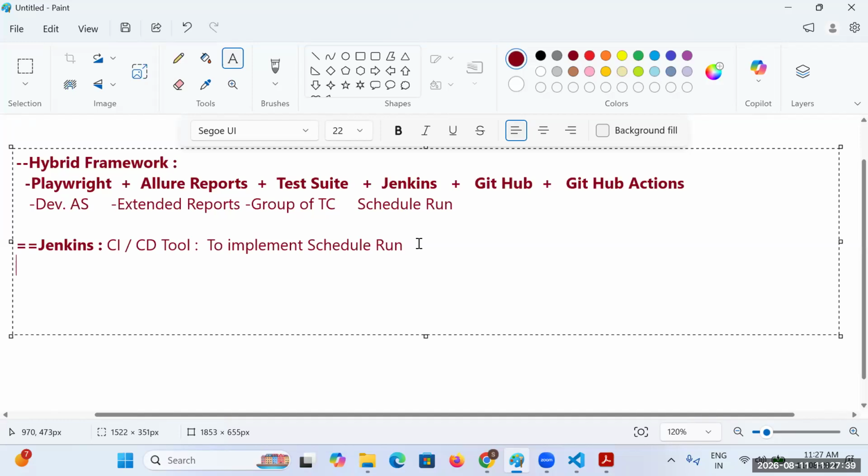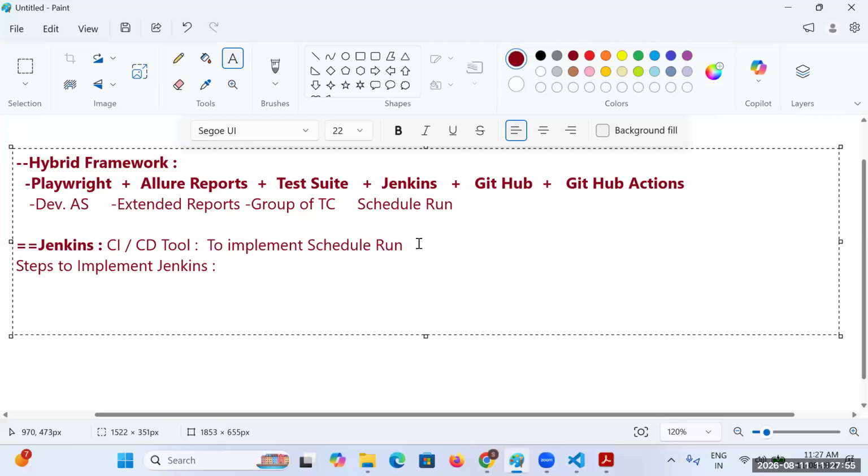So what exactly are those settings that need to be done? Let's understand that. These are the steps to implement Jenkins.